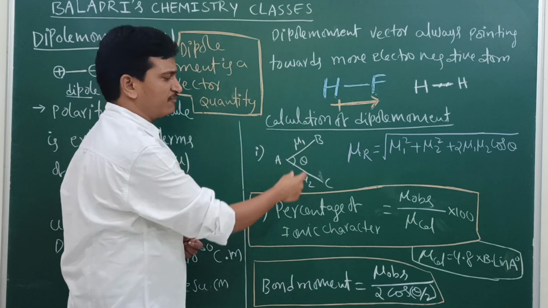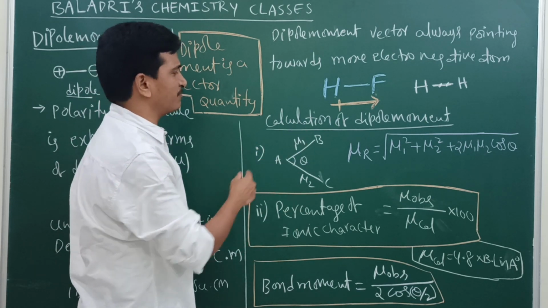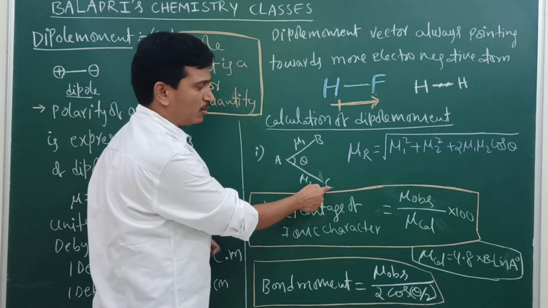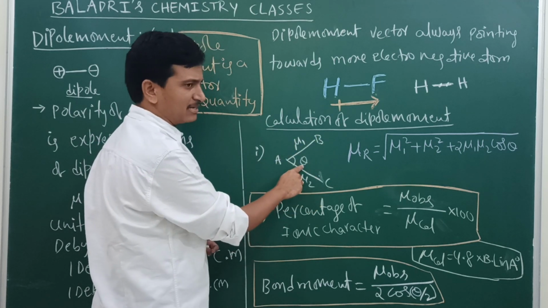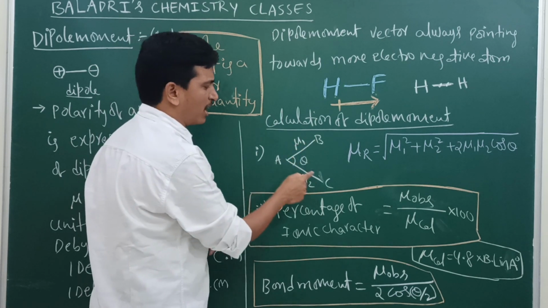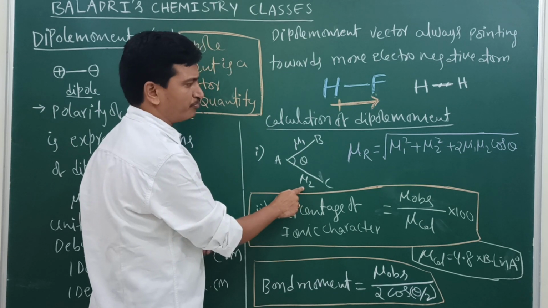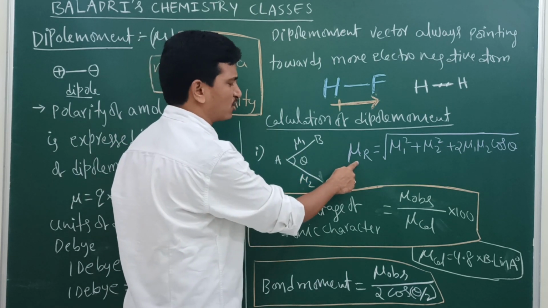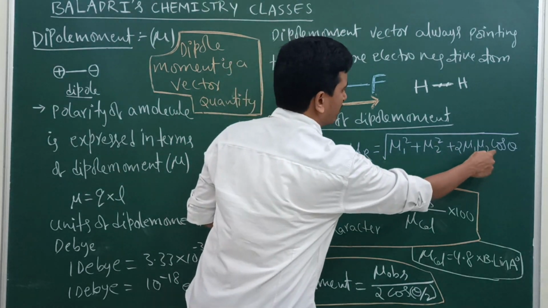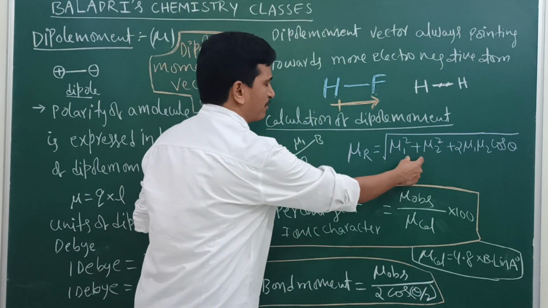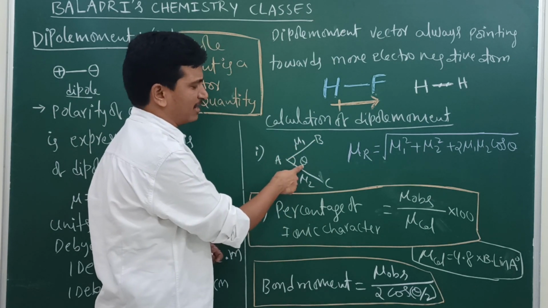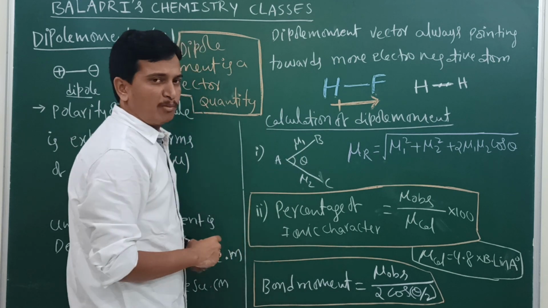Now, how can we calculate the dipole moment? Different calculations of dipole moment will come up. Here you can take AB as one bond and AC as another bond. The 2 bonds are separated by some angle. The polarity of the AB bond you can take as mu1 and the polarity of the AC bond as mu2. Then the resulting dipole moment of this molecule is the square root of mu1 square plus mu2 square plus 2 mu1 mu2 cos theta. By using this formula, when 2 bonds are separated by some angle, we can find its dipole moment value.